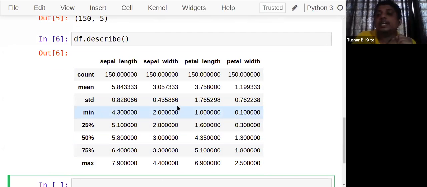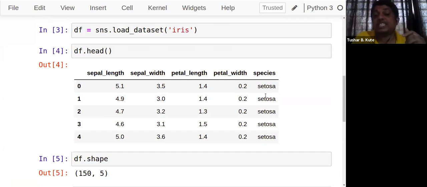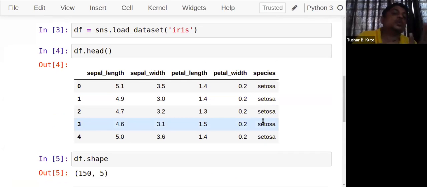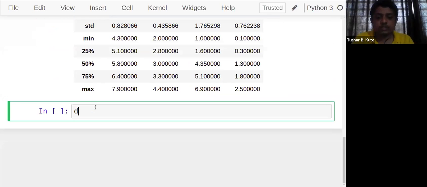And one categorical variable is there, which is the output variable, species. According to the sepal length and width and petal length and width, the species type, basically the type of that flower, is defined. That's called the species. So if you check the species there, df of species.